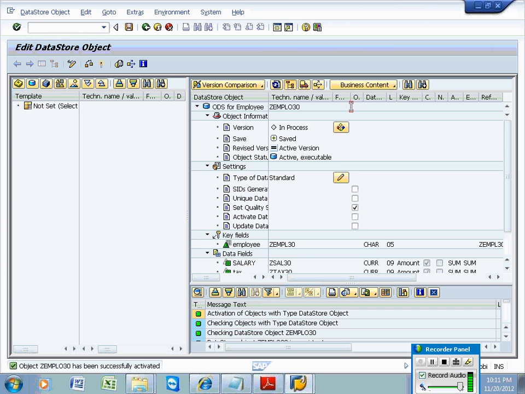Okay. So aggregation properties, whenever we discuss the update rules, right? I already said that in update rules we are going to do certain aggregation with respect to the data target. That time I'll discuss it. If I am unable to discuss it or I forget, then please let me know. That time for sure I am going to discuss. See, most of the time, ODS objects are going to end up with override functionality.